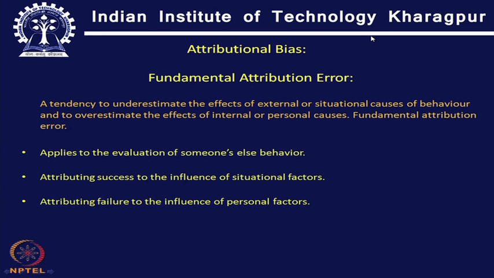The attribution errors which are present are called fundamental attribution error. So, what happens? It is a tendency of people to underestimate the effect of external or situational causes of behavior and to overestimate the effects of internal or personal causes, and fundamental attribution error applies to the evaluation of someone else's behavior. If someone else is successful, we attribute their success to the influence of external effects, but if they fail, we say it is due to the influence of the person's own